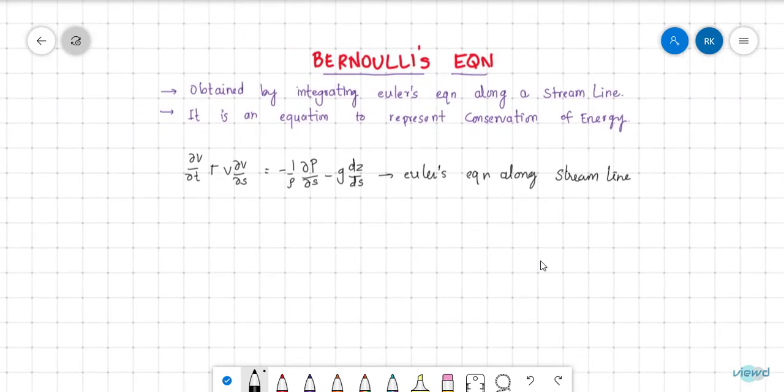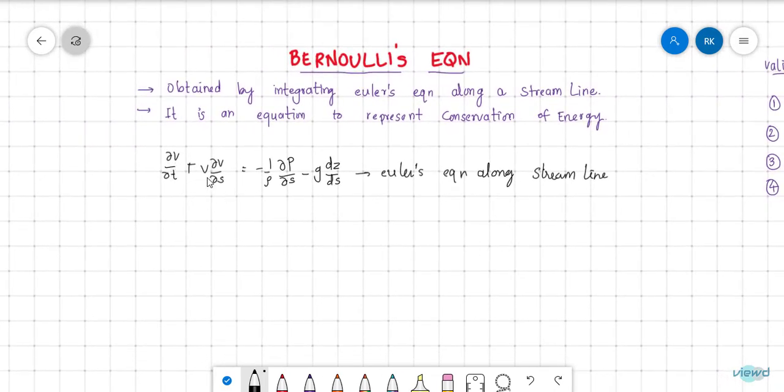So let's see what Bernoulli's equation is by integrating this. Here, ∂v/∂s we can consider as dv/ds, since the velocity is only a function of the streamline coordinate. So we can write ∂v/∂s as dv/ds. We are considering Bernoulli's equation for a steady flow, so this term will be 0. So v dv/ds is equal to minus 1/ρ dp/ds